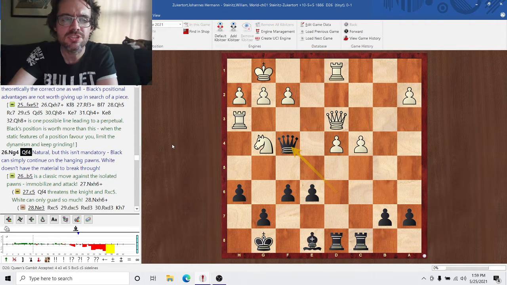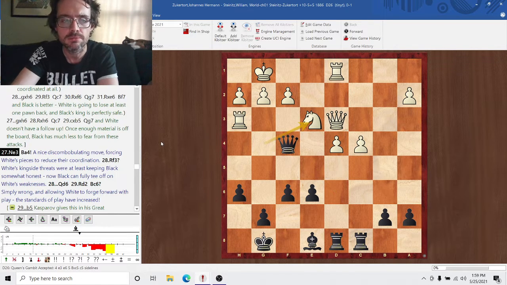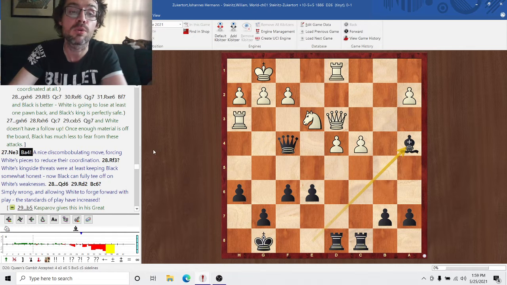Queen f4, this is natural. I give a couple other alternative moves, so check those out. But I don't want to make the video too long. But queen f4 is completely natural. Knight e3, bishop a4. This is a very nice